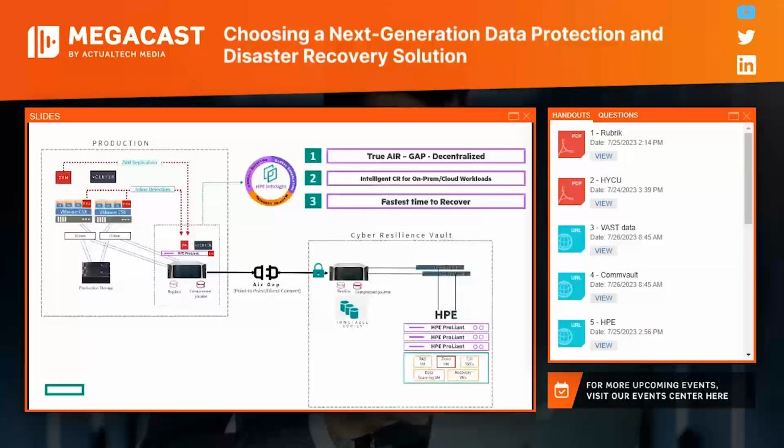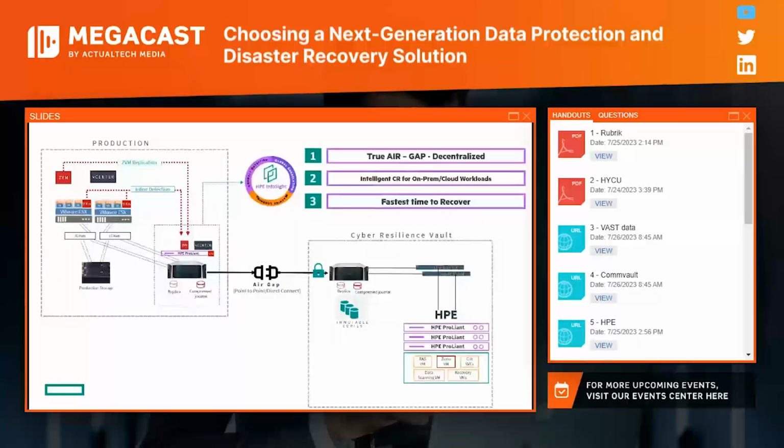We have intelligent cyber resilience for on-prem or cloud workloads, and a very aggressive fast time to recover. In most cases, once we power on the vault itself, when there is a recovery that's necessary, for instance, a 300 terabyte recovery should take anywhere from about 4 to 6 hours to recover.